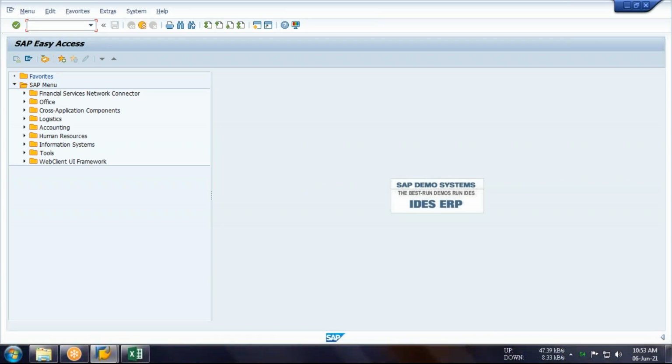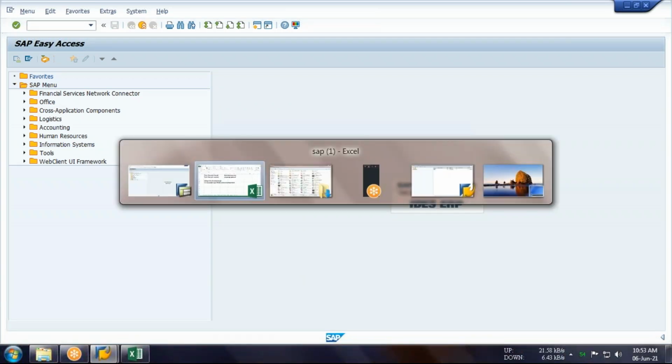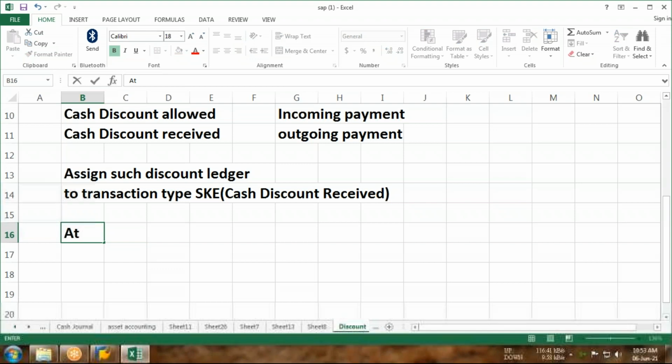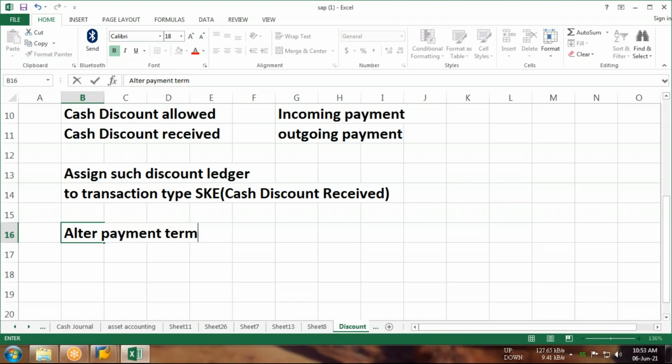Okay. After configuration of the discount, the next step, please continue with this note: alter the payment terms in vendor master record.